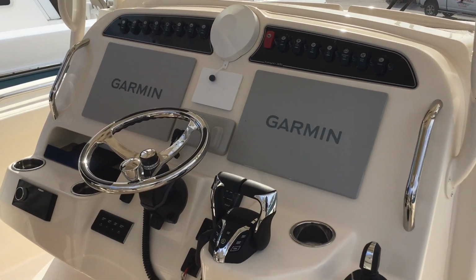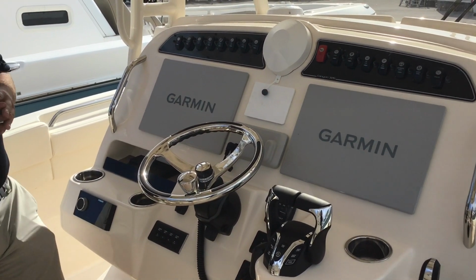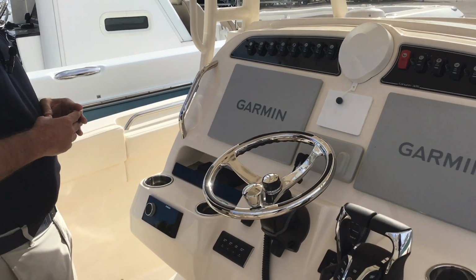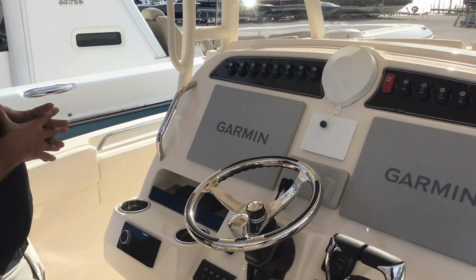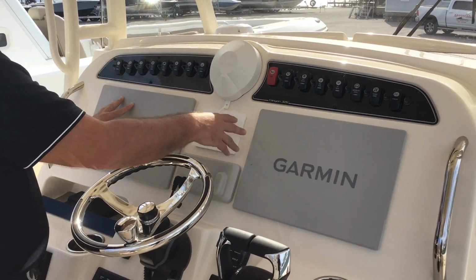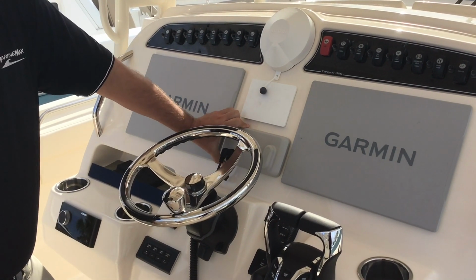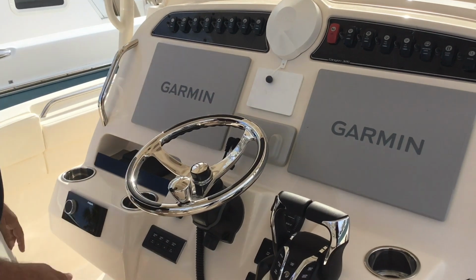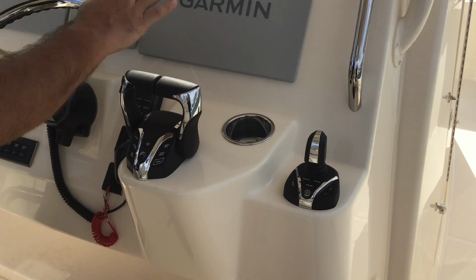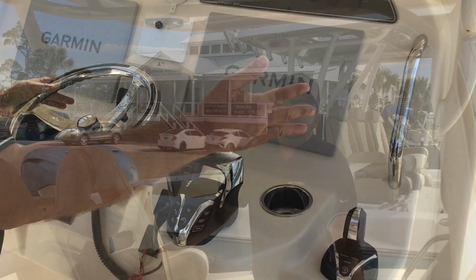As I mentioned in some previous videos, Grady doesn't necessarily put electronics from factory. However, we do have a very nice setup that we've done for multiple customers. I really like how this is just even, very ergonomic. Everything is centered. You do have two nice 8616s. You have your CL5 in the middle here, your Garmin 215 with AIS. And then moving over here, we do have the Helmmaster EX system. Digital throttle, digital steering, Helmmaster EX joystick with all your...